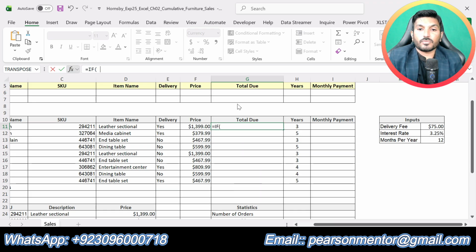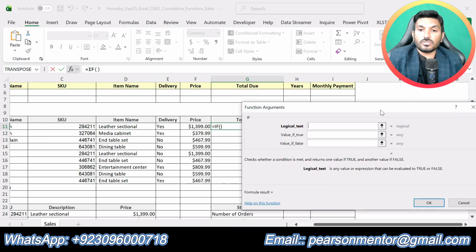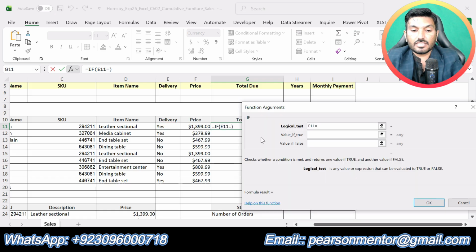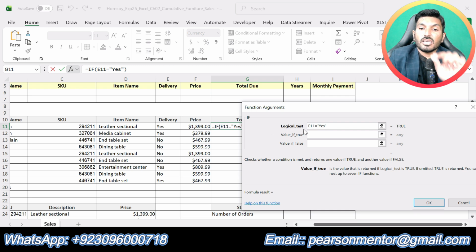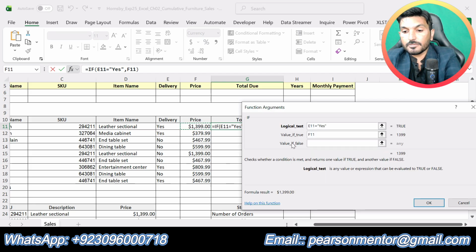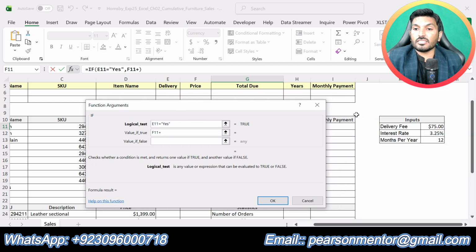Okay, now we will write our logical test. Our logical test is if column E is equal to yes. If this condition is true, then our price will be price plus the additional charges that are given in cell L11.